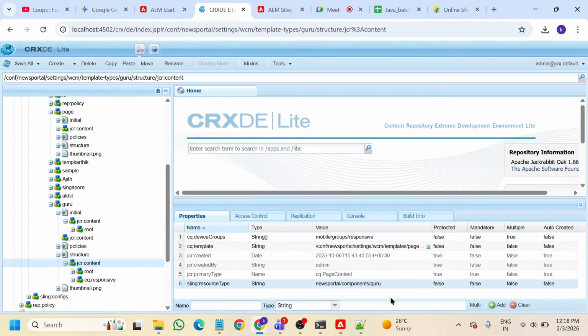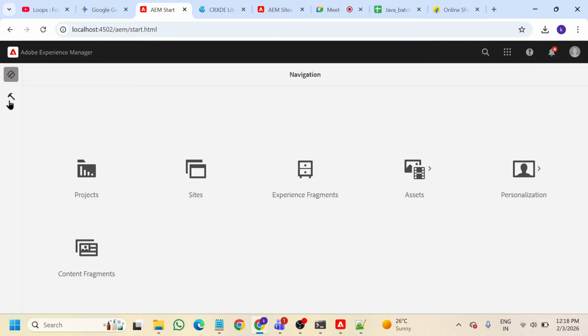Now let us go to the AEM sites console. Here you will have tools. Inside tools you will have the templates. In the AEM home page, you will have templates. So open the news portal folder, because news portal is your project. Now here you will find